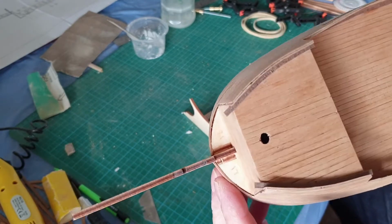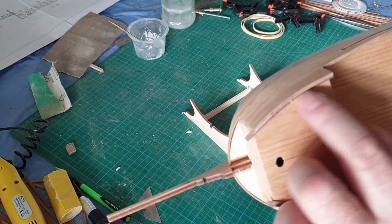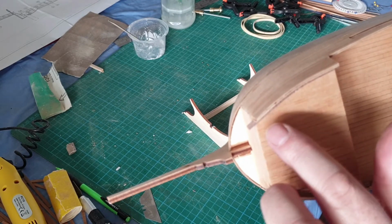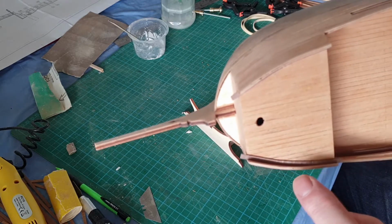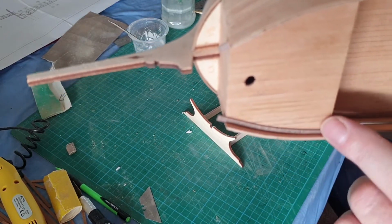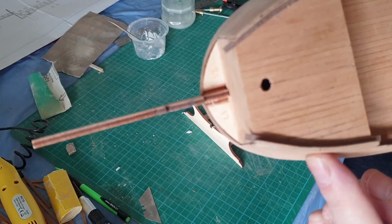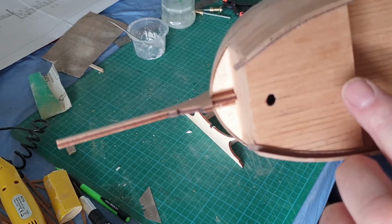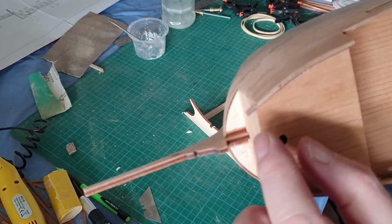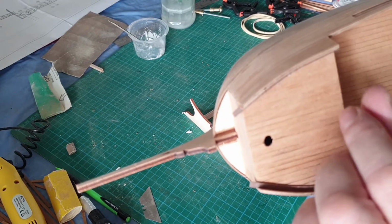On the forecastle, that was a bit different. That was quite hard to do. Just a bit of glue on there. I didn't need to steam these. All I did was I actually soaked them in a cup of boiling water. I let them soak for 5 minutes, and then obviously you can't use the plank benders on these. You just got to do it with your fingers and just tease it around a bit at a time and